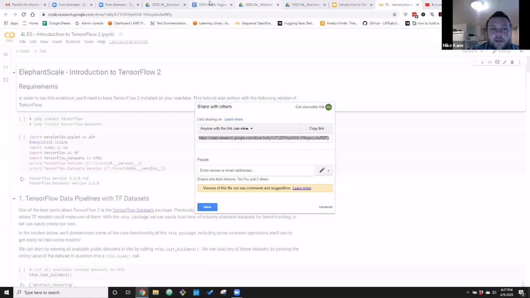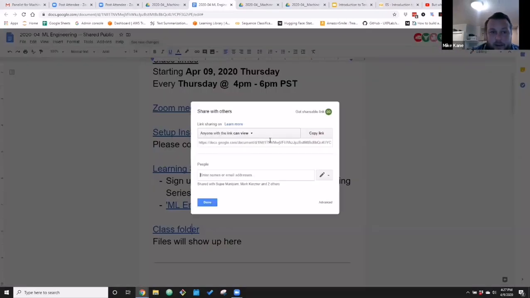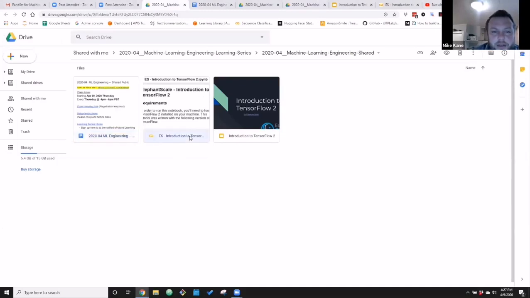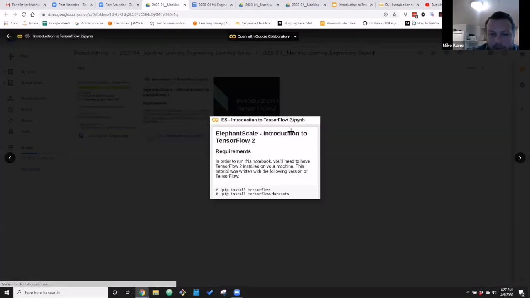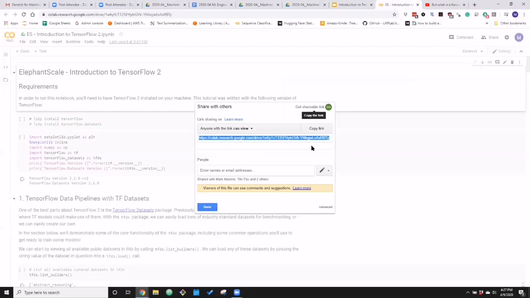I can't find the document. No worries. So the document should be dropped in the chat link here at the very top. But I'll go ahead and drop it in there again. Okay. So here's a link to the Google Doc where we got all those from. That's strange. You'll need to open it with Google Colab is what you'll need to do here. Looks like it's doing that for me too here. Weird. Okay, cool.